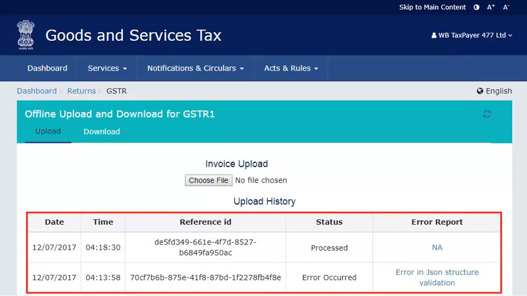Depending on the number of line items uploaded, there will be a gap of few minutes from the time you upload the invoice data on the portal before it appears under the relevant section on the returns dashboard.